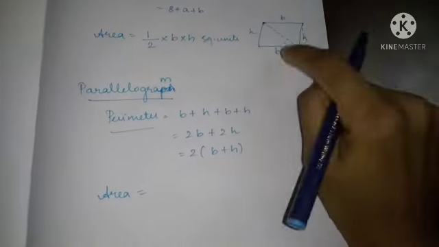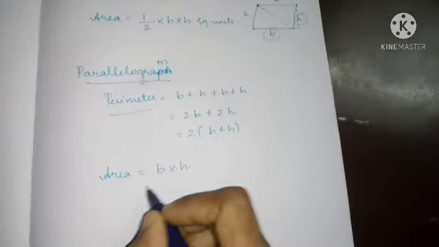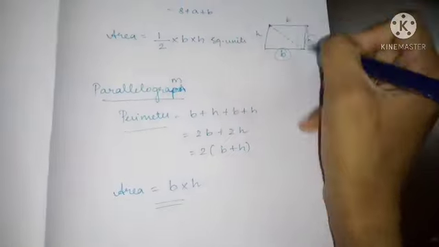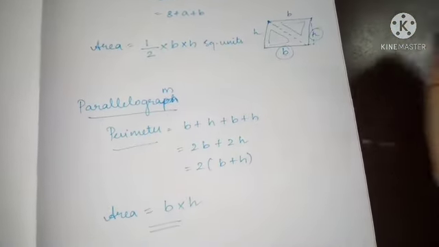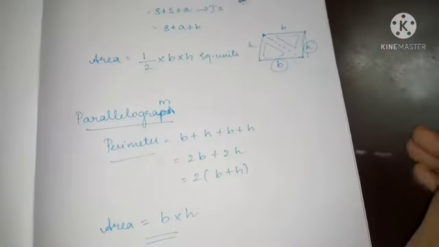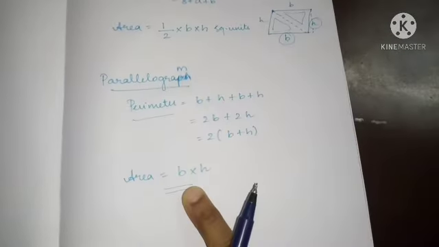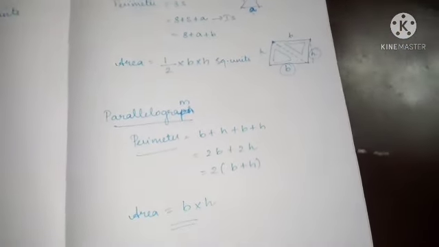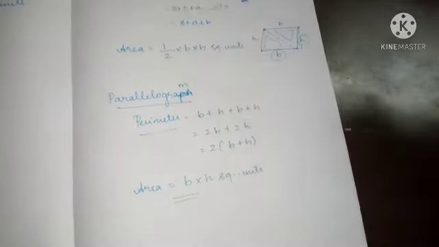Now comes our area. What I told you, you have to multiply these two, correct? Here base is there, height is there. That's all. Area of the parallelogram is base into height. This is a parallelogram, children. In this parallelogram, I have divided it into 2 triangles. This is one triangle, this is one triangle. What is the area of one triangle? Half BH. Half BH plus half BH, 1 BH. Did you get the idea? So from the area of the parallelogram, we derived the area of the triangle. It is very, very important how the formula is derived.